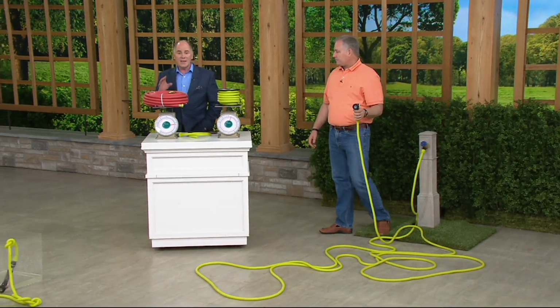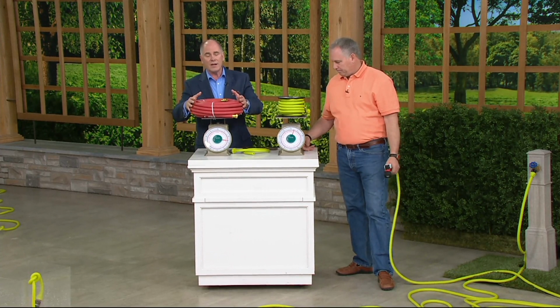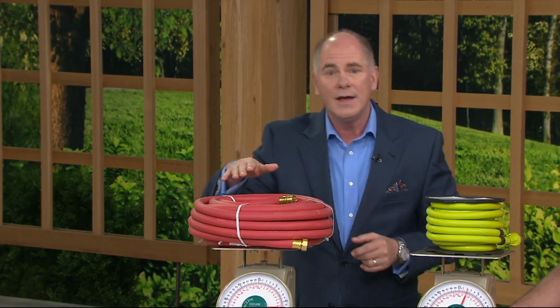By the way, the term kink-free in a rubber garden hose is the biggest lie in the world. The reason why so many of the big rubber garden hoses are actually octagonally shaped is so that there's a flat surface for them to rest on the ground, and you find yourself having to pick them up and flip them, right, to try to keep them from crossing over and giving you the kink. We tied